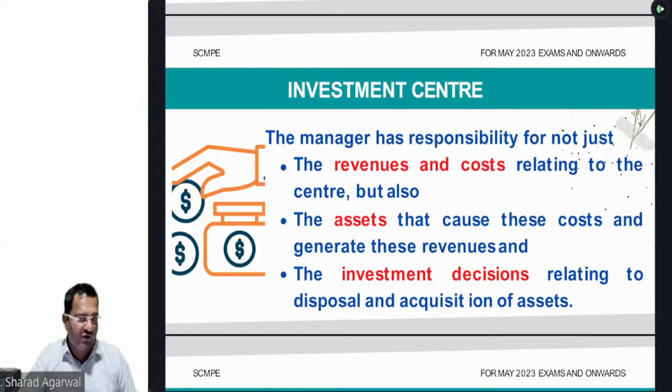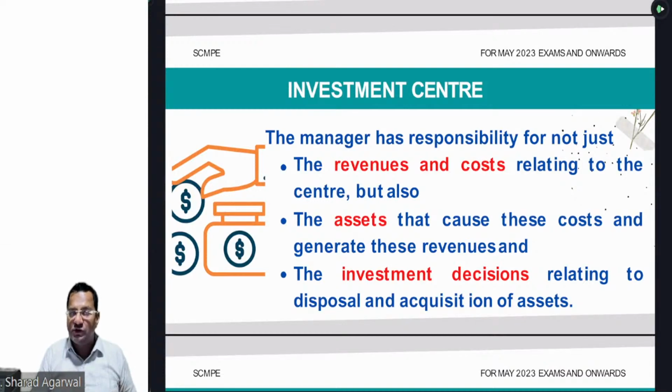तो यहाँ पे और क्या ऐड हो गया? तो प्रॉफिट सेंटर प्लस कैपिटल इन्वेस्टमेंट डिसीजन will make the department an investment center. यहां पे अब उसको और लिबर्टी दी गई. You have the power to control or reduce the cost. You have been given the autonomy to maximize the revenue of the organization.